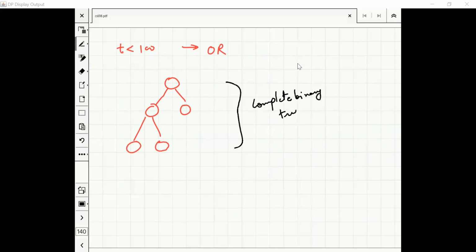Right? This will not increase the depth. And if I was cutting off here with value 0 on both nodes, I will put a value of 0. So the decision tree is computing exactly the same function, and its depth has not increased. So I can assume that whatever is my decision tree which answers correctly is actually a complete binary tree of depth n by 100. Is that okay?